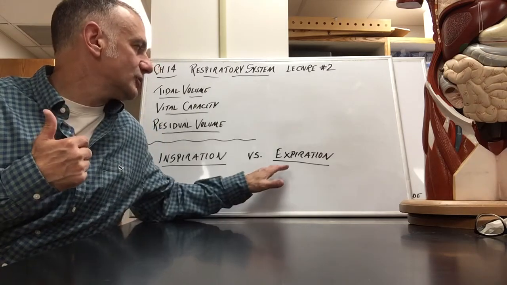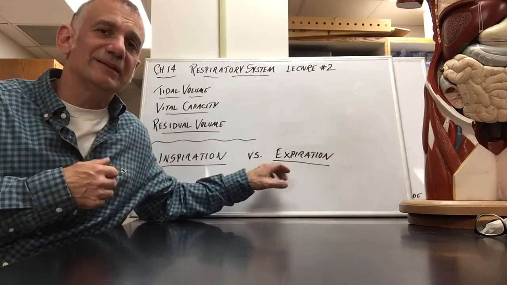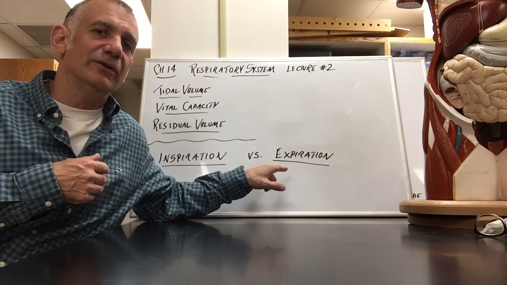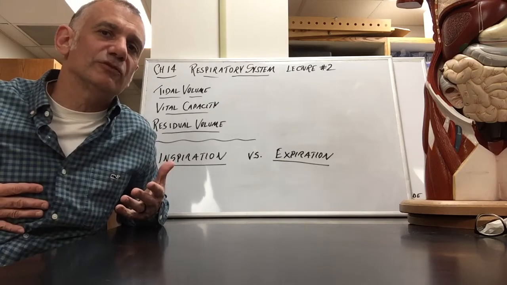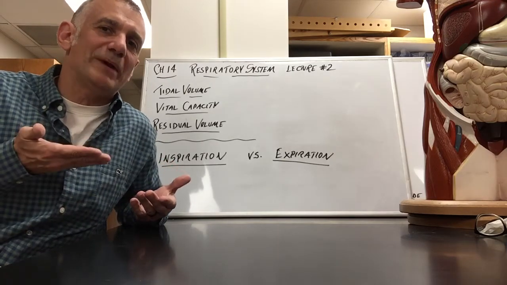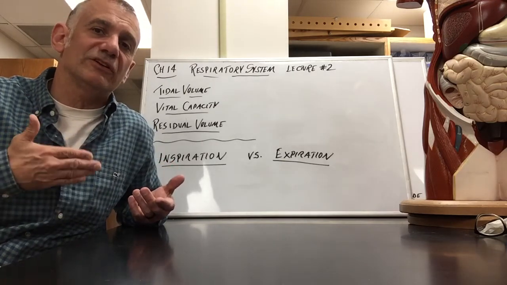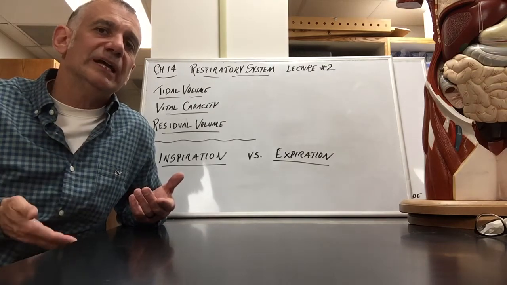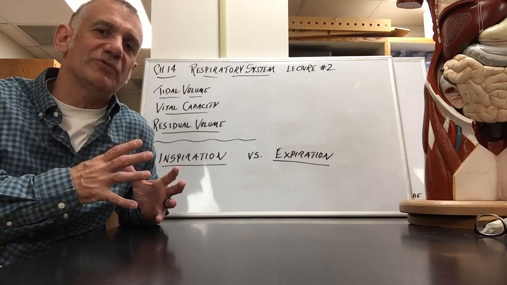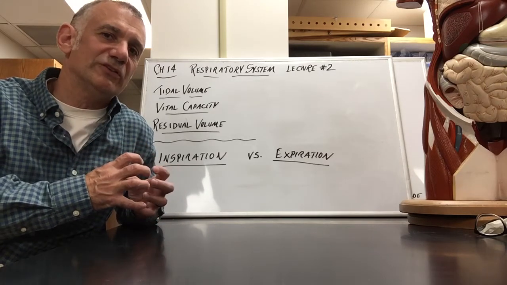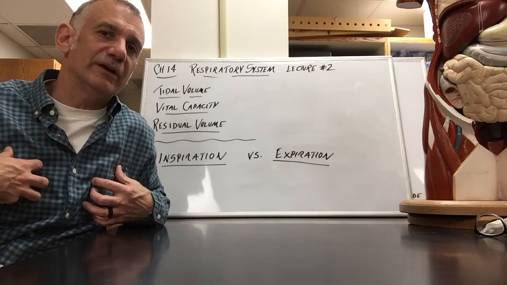Now, consequently, when we need to let the air out, to expire or exhale, what you do is you just relax everything. So you just kind of relax, your rib cage goes back to its normal position, the diaphragm rises back up again as it relaxes, because as I said, when it contracts, it drops. And that is going to increase the pressure on the inside of your thoracic cavity, which is the same effect of you grabbing a balloon and squeezing it, because you're increasing the pressure around the lungs,